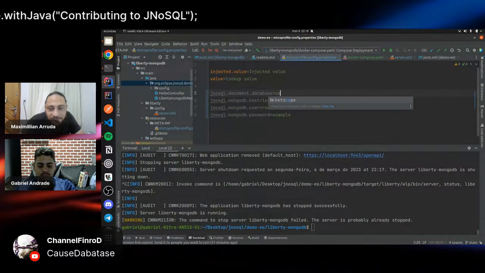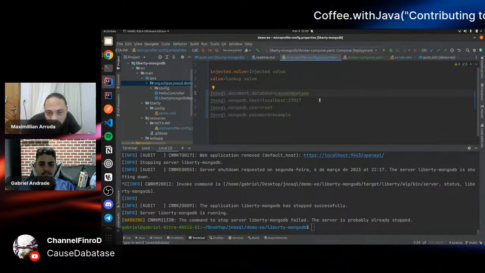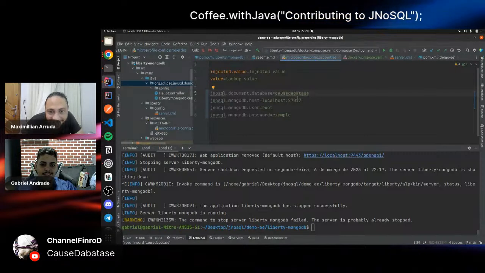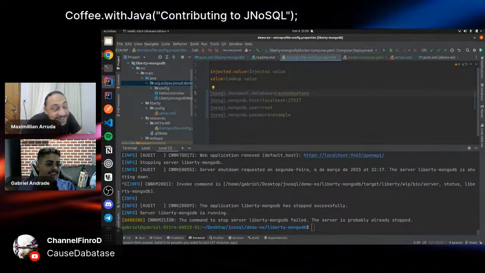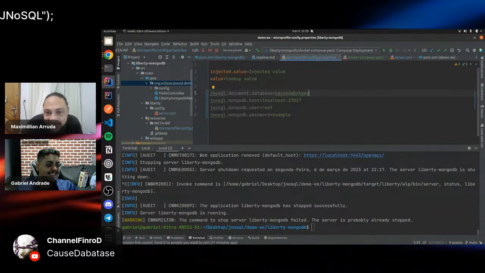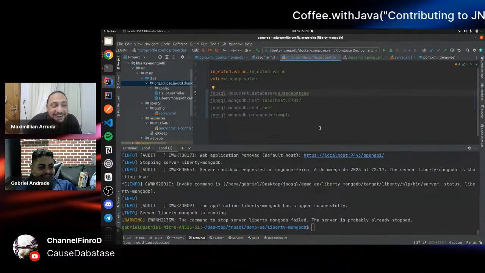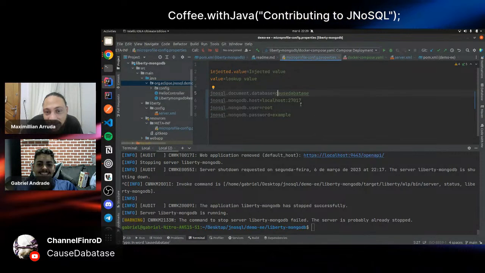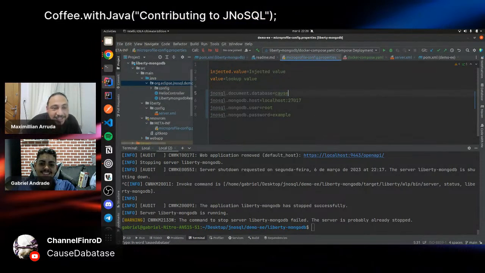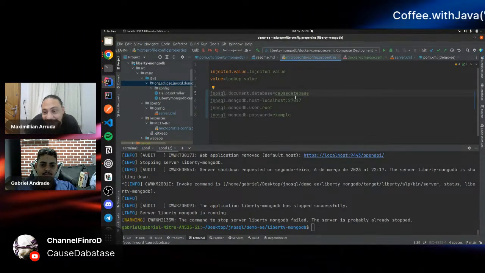Change it to cows database. No, database.